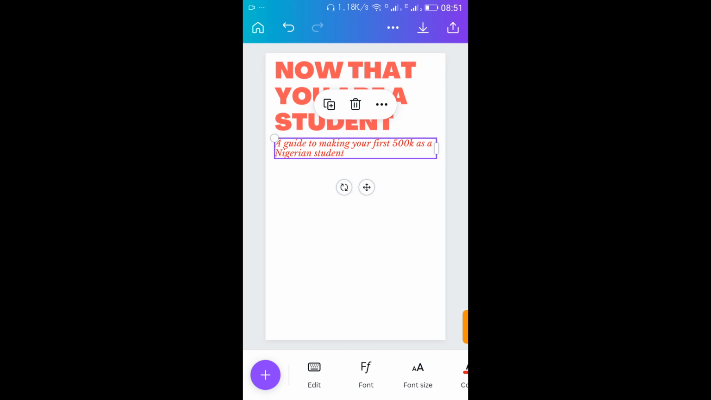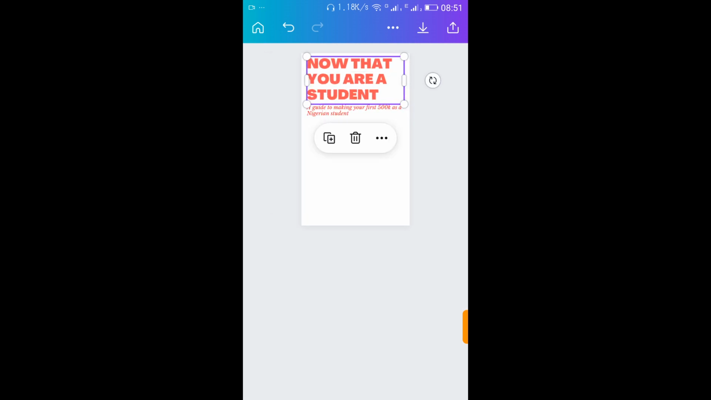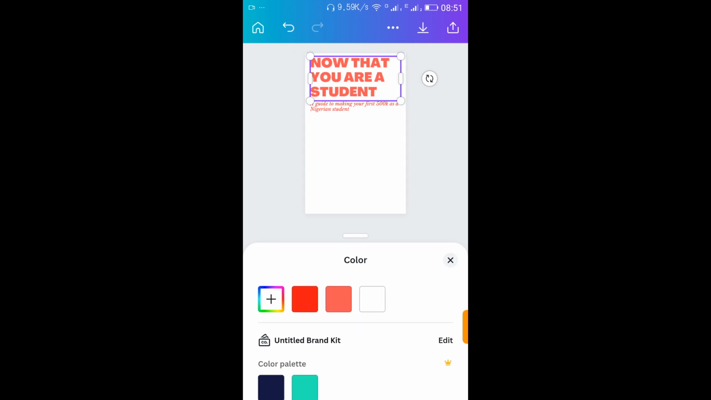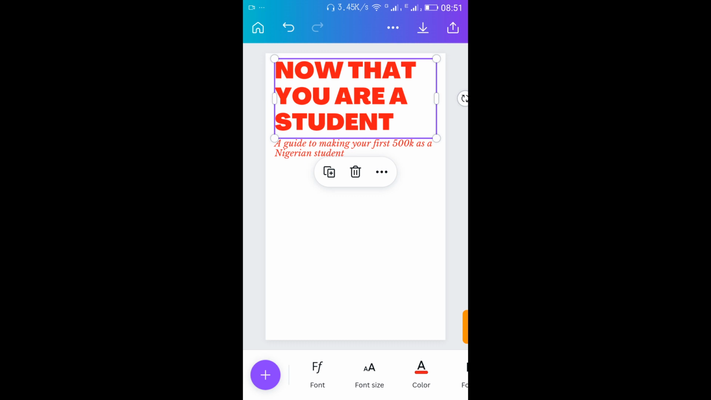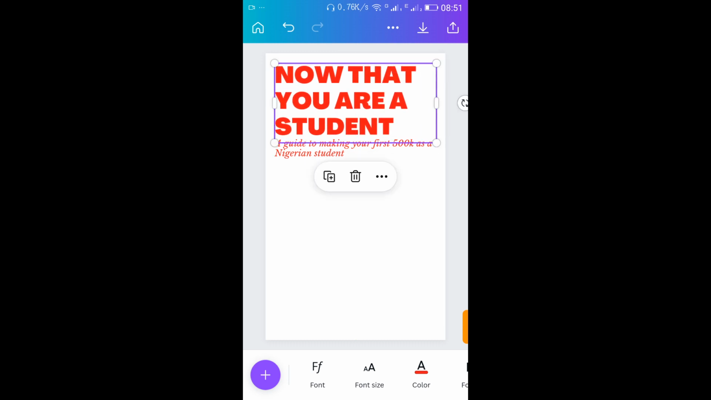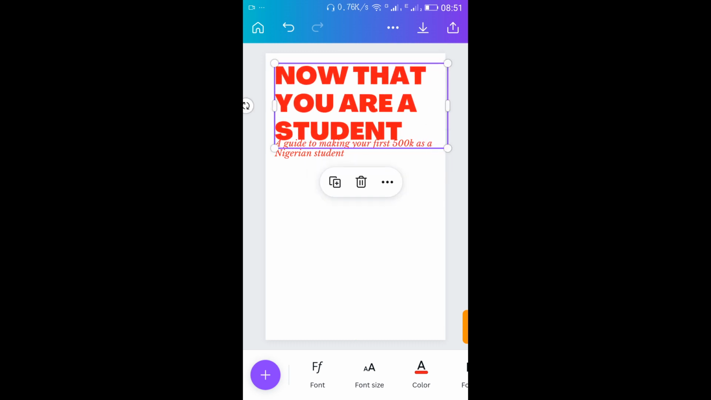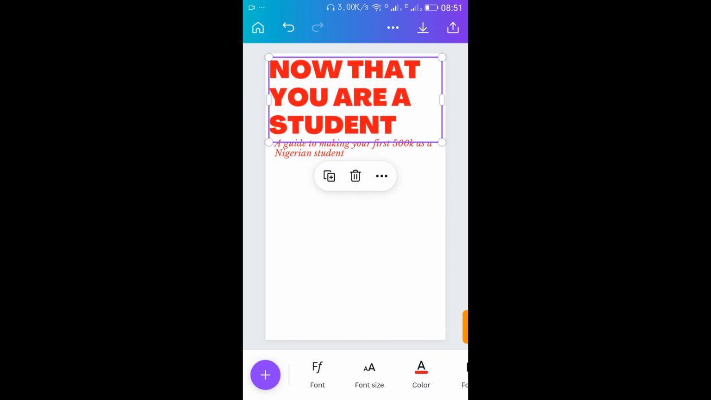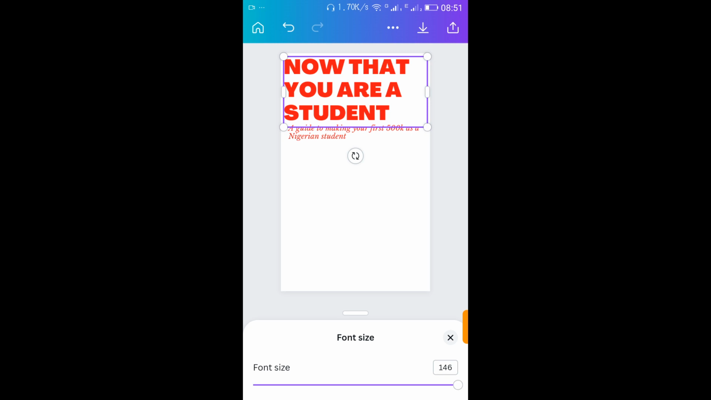I'm still going to change this to the color I want, to my paper red color. So I could still increase, but this font size I think it's big, so